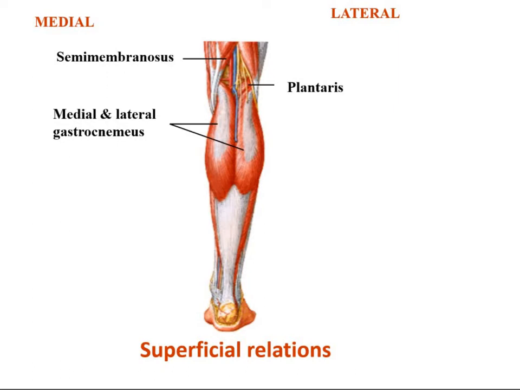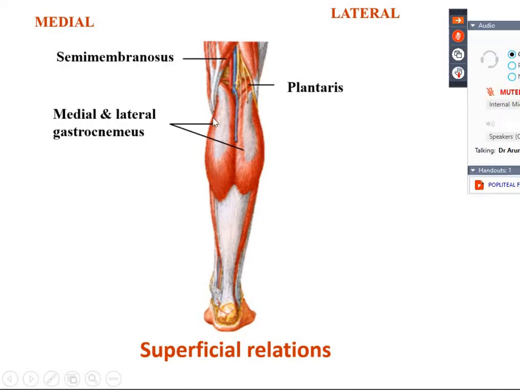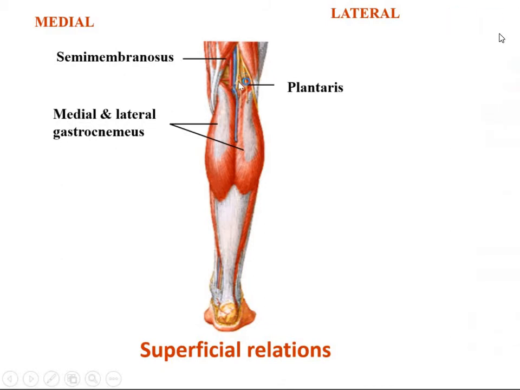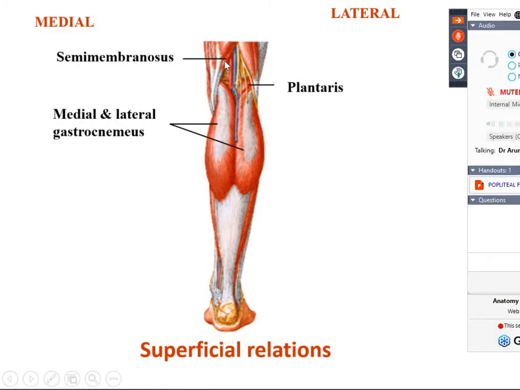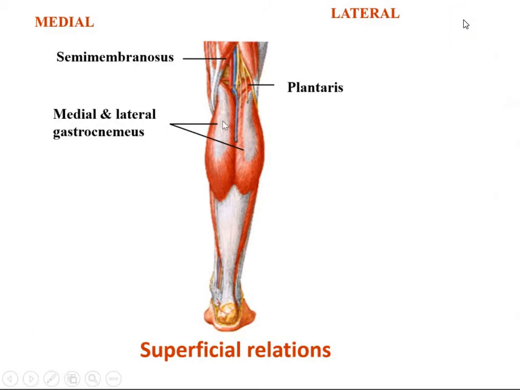So in the distal part, if you see, ठीक है, in the distal part it would be your popliteal vein, ठीक है, and then tibial nerve, ये आपकी tibial nerve है, ठीक है, and medial head of gastrocnemius, तो ये आपका medial head of gastrocnemius हो गया, ठीक है, तो इसमें ये straight दिखाया, it is not right, so it will run obliquely. I will show you another diagram where it is very much evident, ठीक है, so it will pass obliquely. So in the upper part it is in relation with the semimembranosus and medial condyle of femur. In the distal part it is in relation with the your popliteal vein, tibial nerve and the medial head of gastrocnemius, ठीक है,